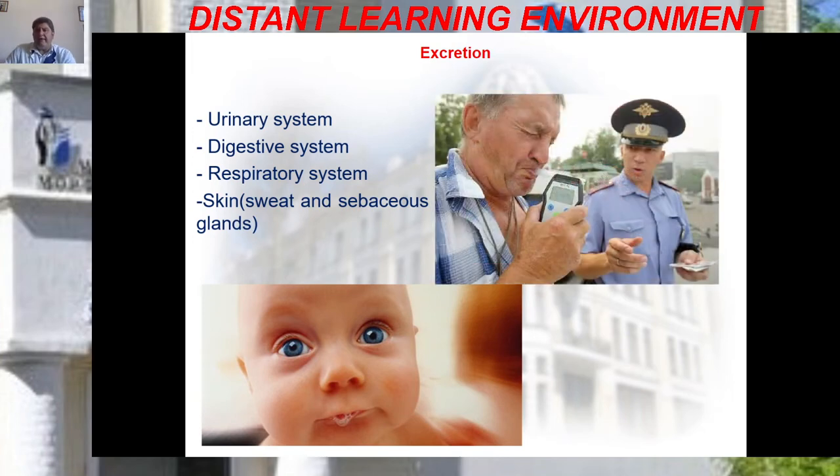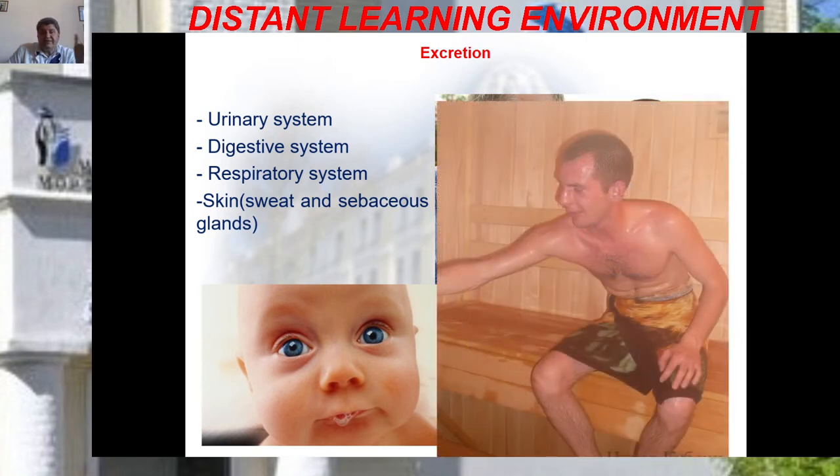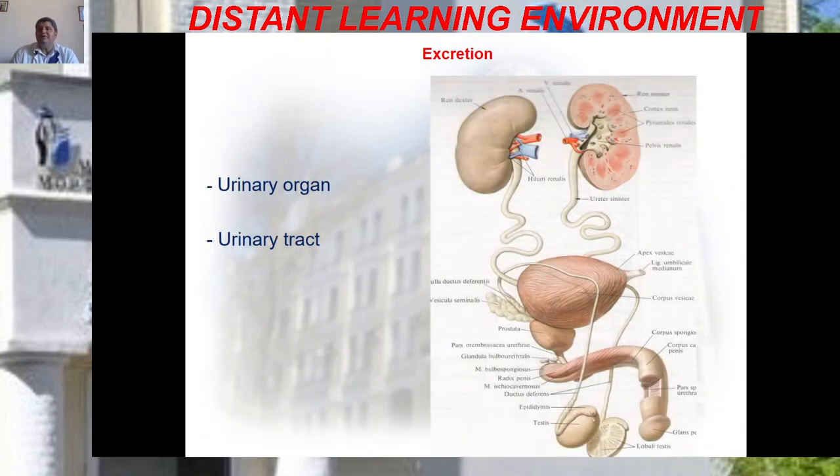Also, you know, the respiratory system, lungs. Through the lungs, you know that the lungs also take part in excretion. Some metabolites are eliminated through the respiratory system during our expiration. And also the skin, sebaceous and sweat glands, and some metabolites go out from our body via these glands, sweat and sebaceous glands. But the main system which excretes the metabolites